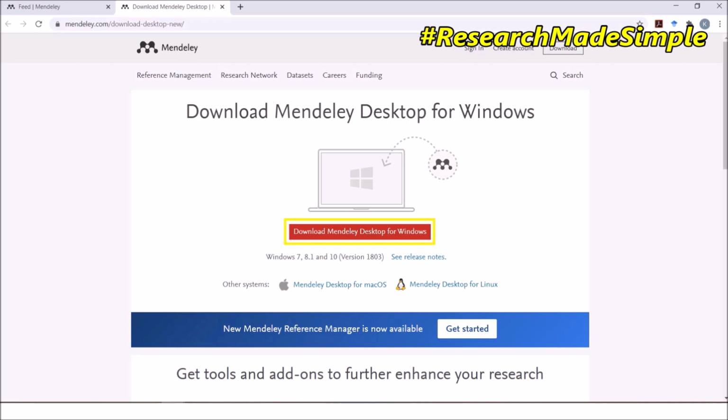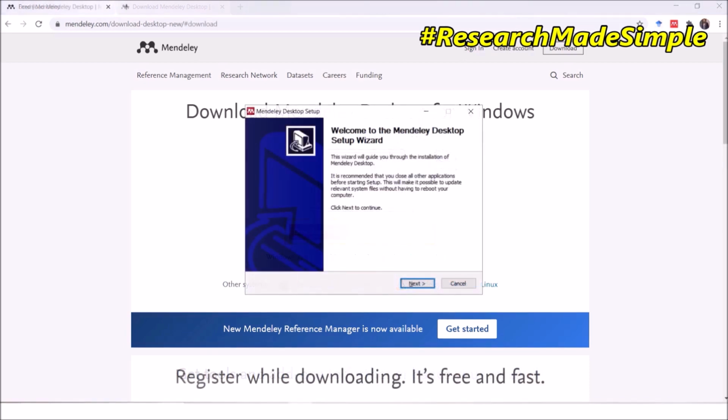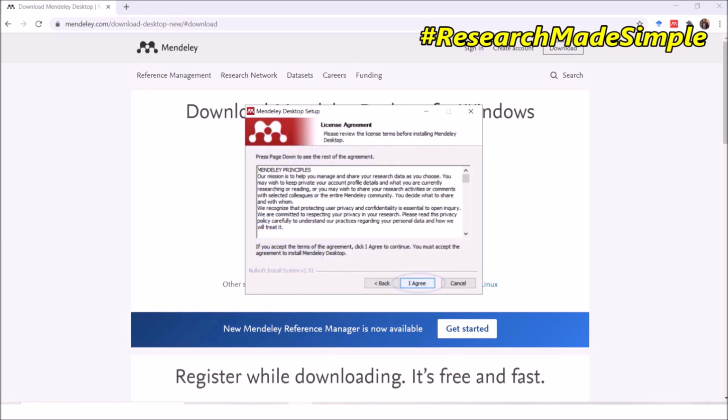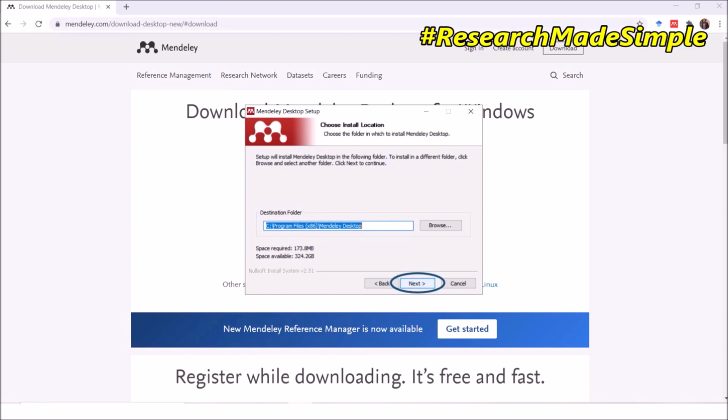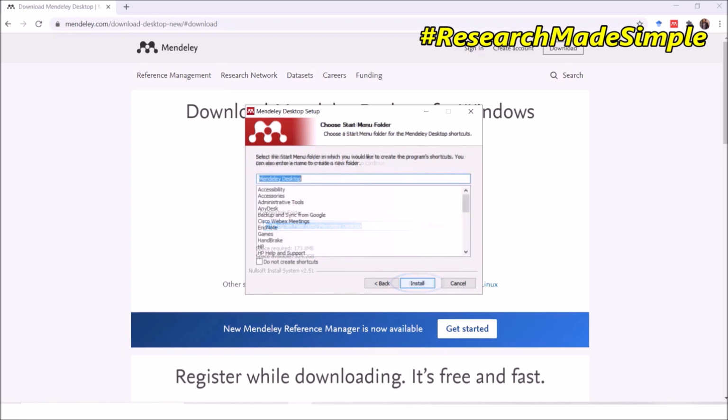Then, post downloading it, you can click on the downloaded file, then click on this next button. Then select I agree. Then click on next again and click on this install button.